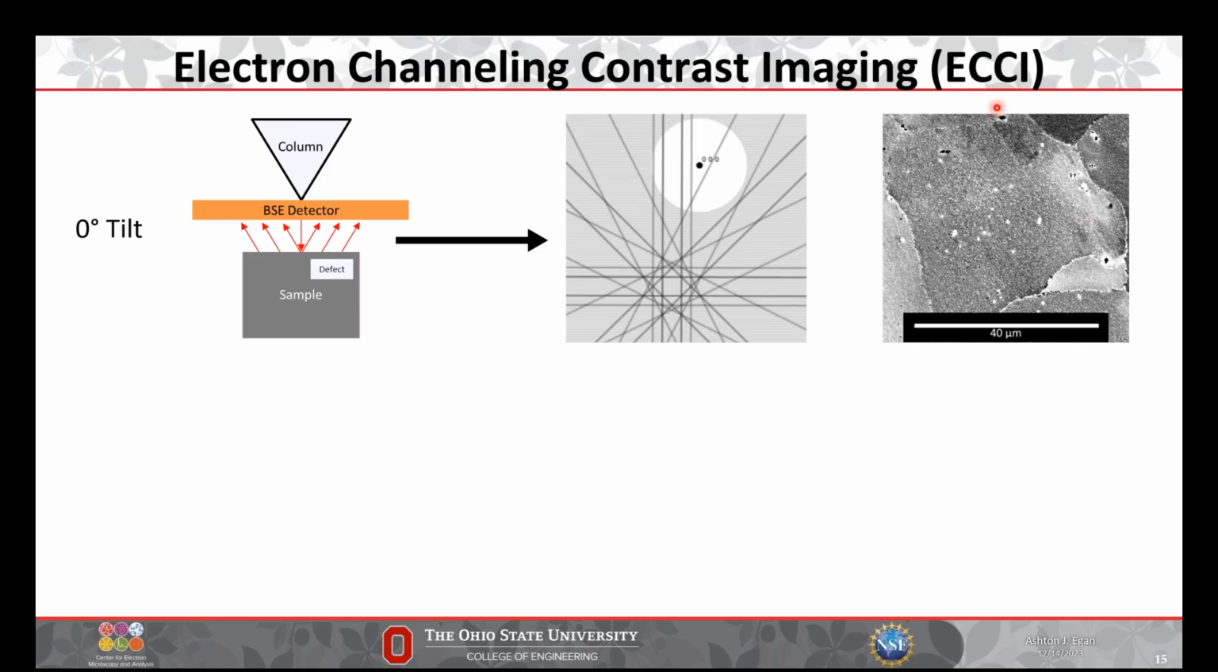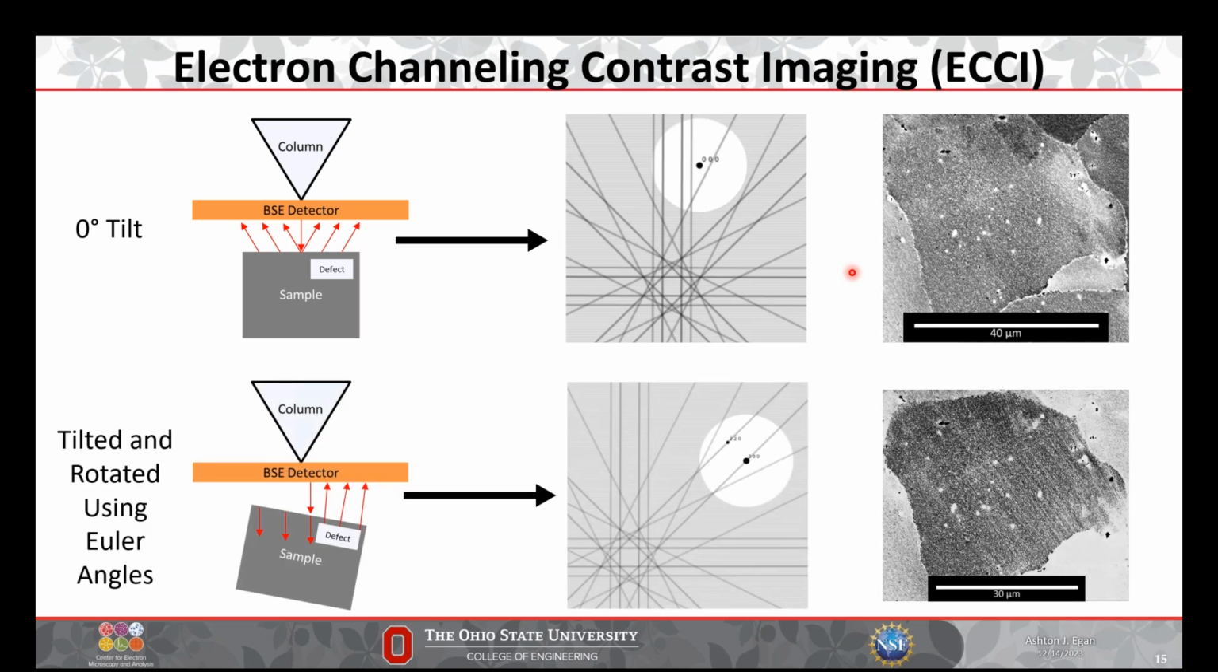And this is what the grain of interest looks like on the far right. You can see it just looks like a grain using a backscatter detector. You get some contrast based on its orientation, but nothing special jumps out at us. And what I can do instead is tilt and rotate the sample using the Euler angles such that I get into a channeling condition, which is similar to a two-beam condition in TEM. In fact, I can choose which G vector I excite and basically get a channeling contrast image on the far